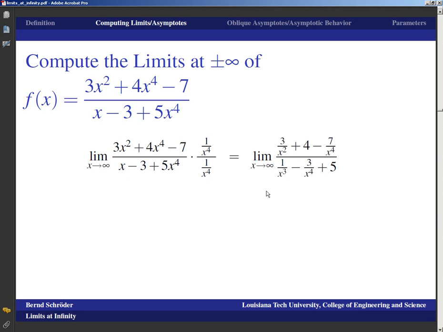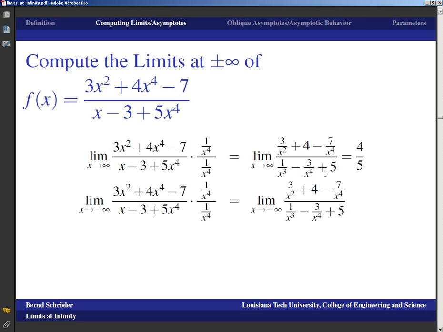And now we can see, as x goes to infinity, number divided by stuff that's large, which happens here, here, here, and here, that'll all go to 0. And so the limit is 0 plus 4 minus 0 over 0 minus 0 plus 5, and that's 4/5. And if we go to minus infinity, well, we do the same thing. We expand with 1 over x to the 4th. The limit as an expression looks exactly the same, only this time we go to minus infinity,